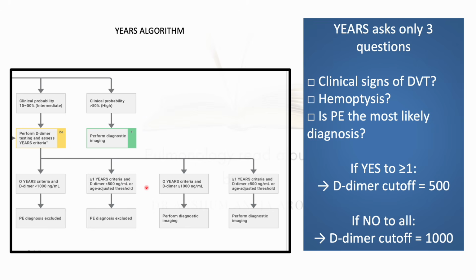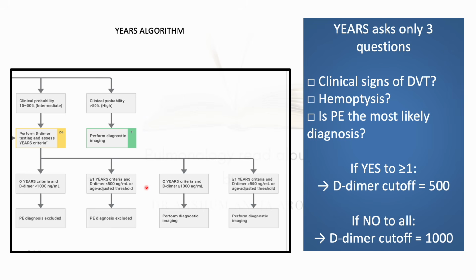And for patients with 0 YEARS criteria and the D dimer being very high, more than 1000, you still do diagnostic imaging. But more than one criteria and D dimer more than 500 or age adjusted threshold being high, you